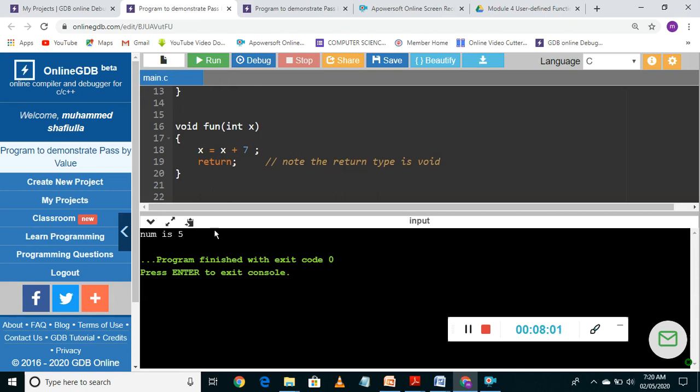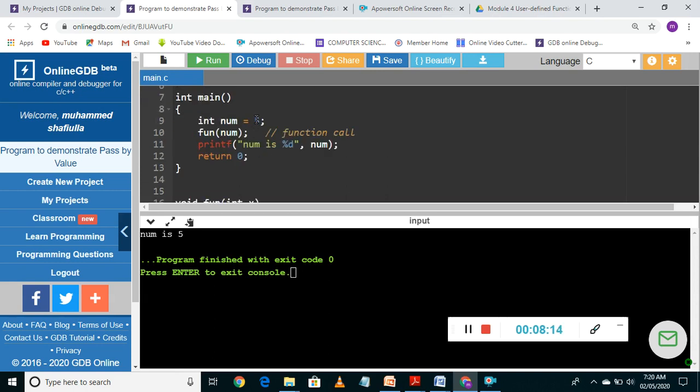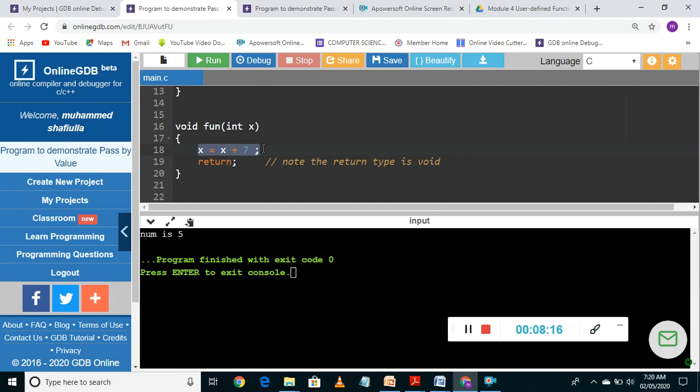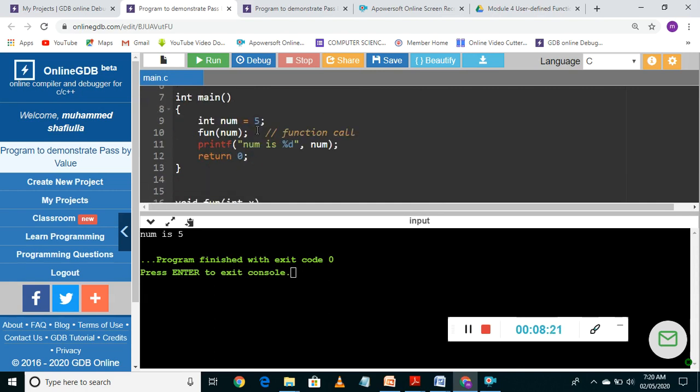The reason for num being 5 but not 12 is that call by value technique protects data. Of course your formal parameter x is changed, but your actual parameter is not changed. So any change in the formal parameter in the called function will not make a change in the actual parameter in the function call.